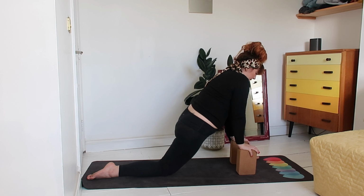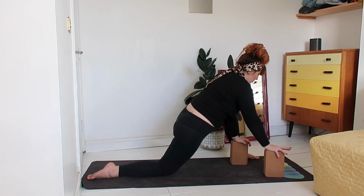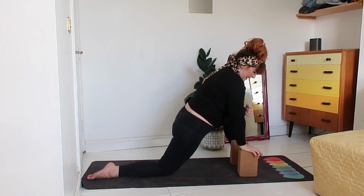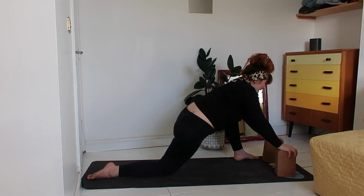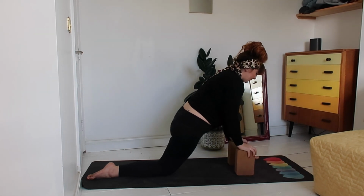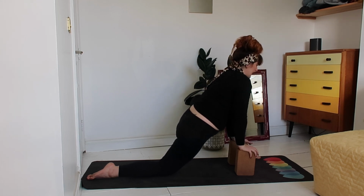Another thing that you want to be aware of is that your blocks aren't too far forwards or too far behind. Essentially, what makes us stronger or makes poses easier is bones stacked on bones. So you want your wrist to be directly under your shoulder so those bones are stacked and they're nice and strong. You might get stronger doing it like this, but you're going to fatigue really quickly. Good. Staying here for 10. Keep sinking those hips down for 9. Shine the heart forwards for 8. Breathe deeply for 7, 6, 5, 4, 3, 2,